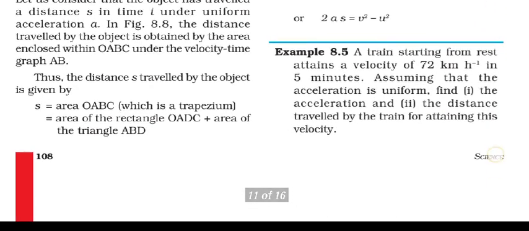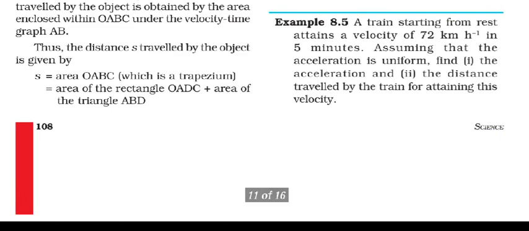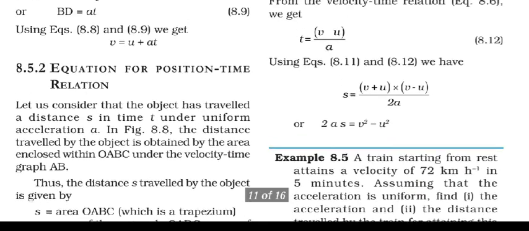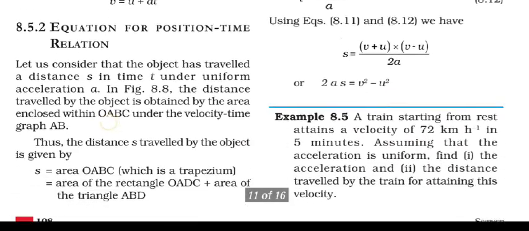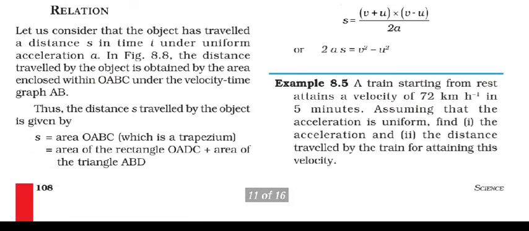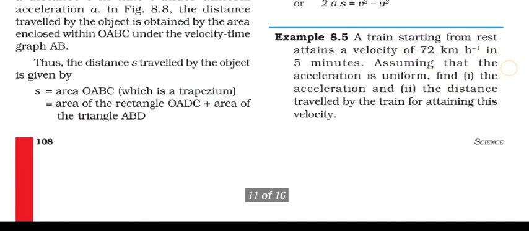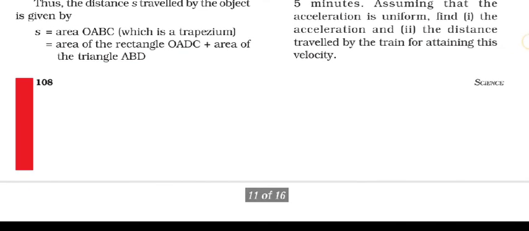Okay, so while dividing all of these, when we take 2a to the other side, we will get 2as, and when we multiply v to v, we get v square, and u to u, that is u square. It is also an identity of math, but here we can just multiply it in a similar way. In the normal way, we will get v square minus u square. Here this is the third equation of motion.